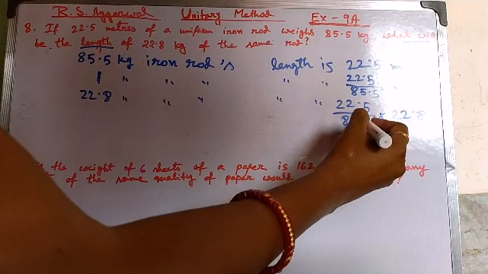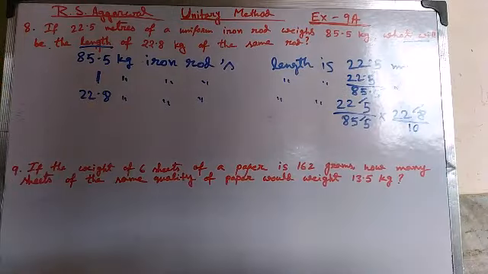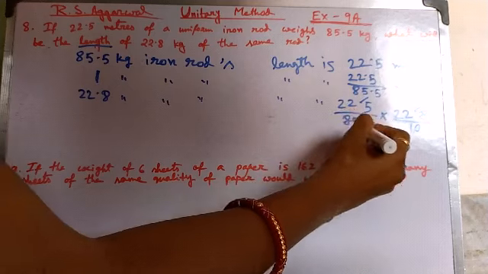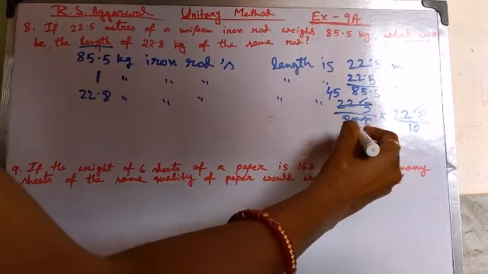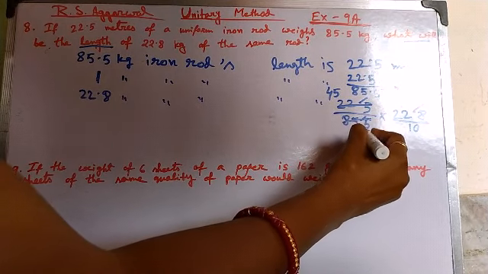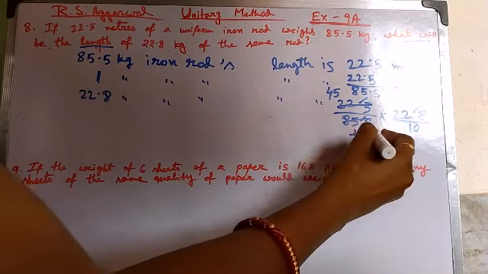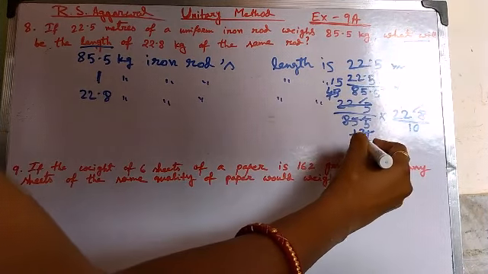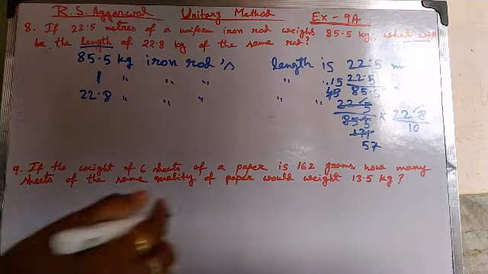So that point will be removed and for this point the 10 will come. So now we can cut it. This will be cut by 5. 5 4s are 20 and 5 5s are 25. And here 5 1s are 5, 5 7s are 35, 5 1s are 5. Then this can be cut by 3. 3 1s are 3, 3 5s are 15, 3 5s are 15, 3 7s are 21. Then by 57 it can be cut.